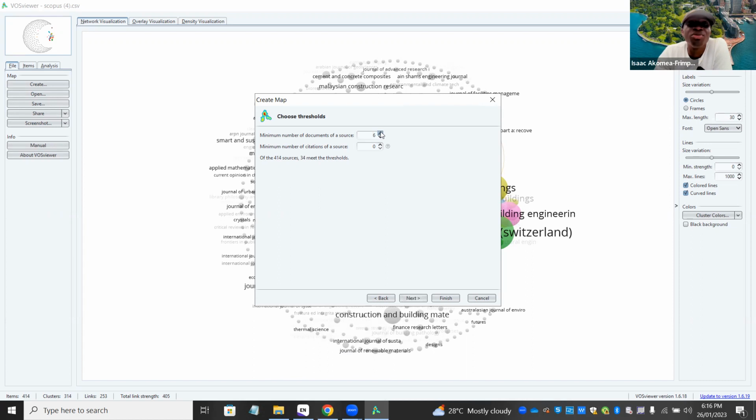So you can decide to increase the threshold. Once you increase the threshold, you see that the number will be coming down. So let me make it 10. So if you make it 10, that means 15 journals will meet it, which I think is okay. So we want journals that have published a minimum of 10 journal articles on green buildings. Okay, so if it is 10, I click on next,